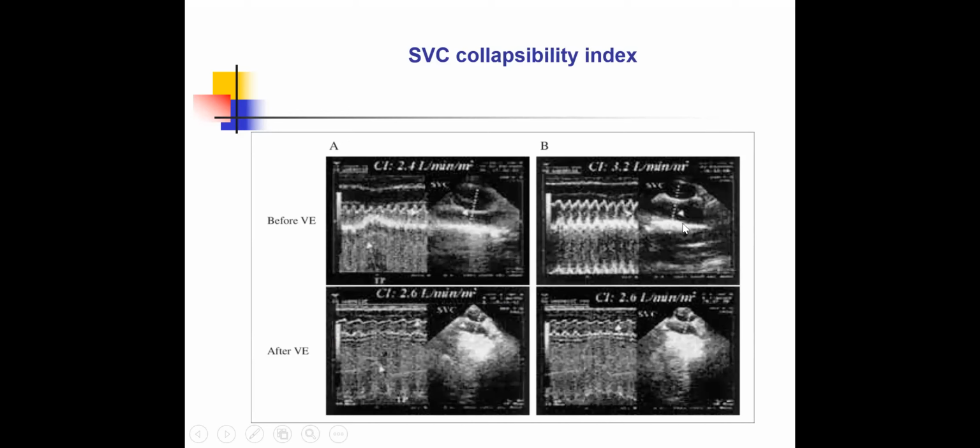Let's move to the right side. Remember in the earlier lecture I had mentioned that if you continue to give fluids beyond a point, it can actually cause harm. And here we have got objective evidence to it. In this case, the cardiac index was already 3.2 liter and the SVC was not collapsing. Fluid was administered, and then we see the cardiac index has deteriorated to 2.6 liter per minute per meter square. And so more harm has been done to the patient rather than good.